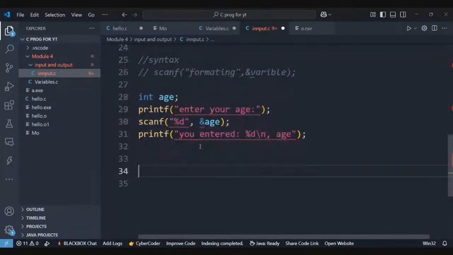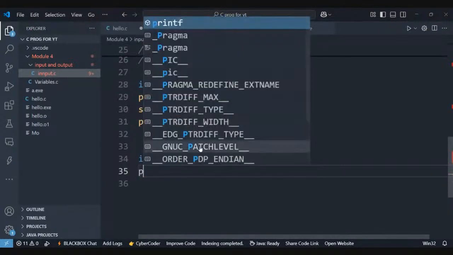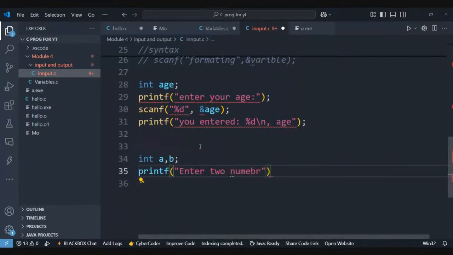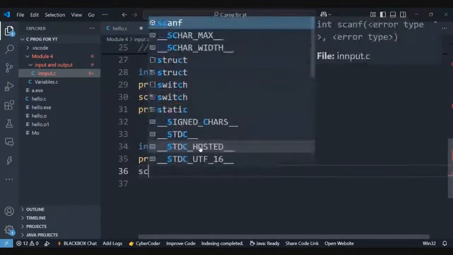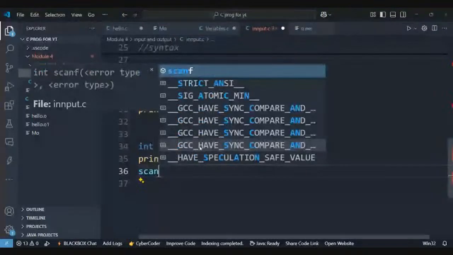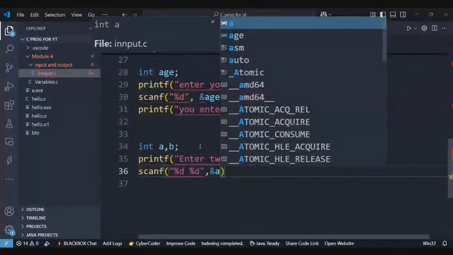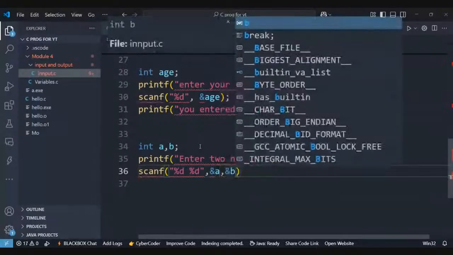I will just type an example here. int a, b; printf enter two numbers; scanf("%d %d", &a, &b);